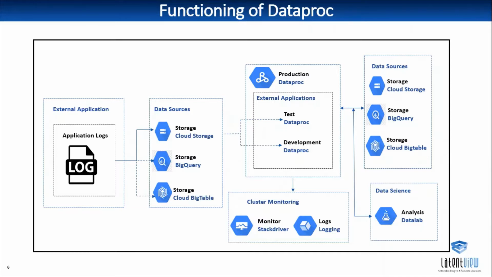And now coming to cloud logging, it allows us to store and analyze all the logging data and events, that is system activity logs and data access logs, what all has been done previously, and all the logs will be stored in cloud logging. And now, lastly, coming to analysis, that is Cloud Data Lab. It's an interactive data analysis and machine learning environment. So here it becomes easy to take things like Jupyter Lab or Presto. We can point them to the Dataproc clusters, and we can use them for machine learning purposes. So this is the basic structure of how Dataproc works.